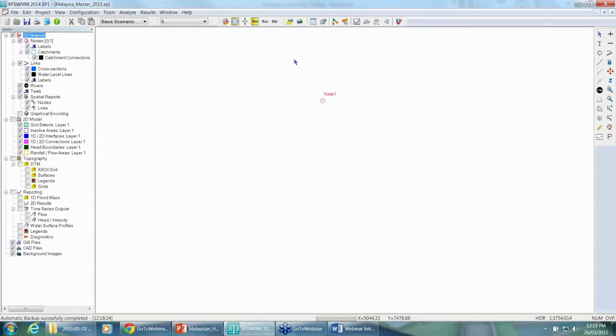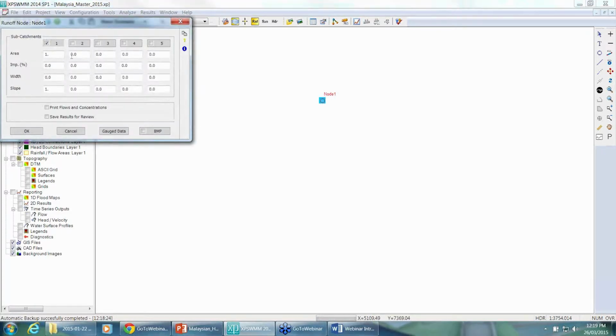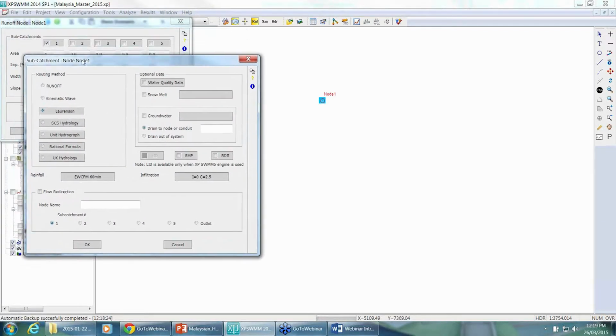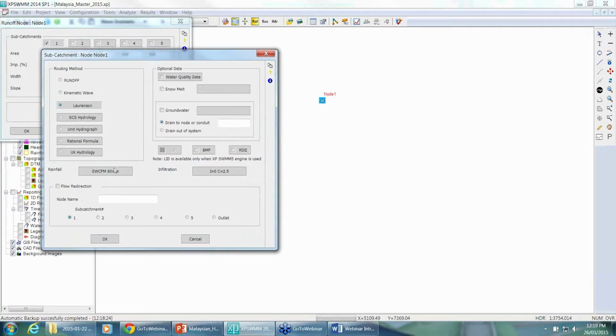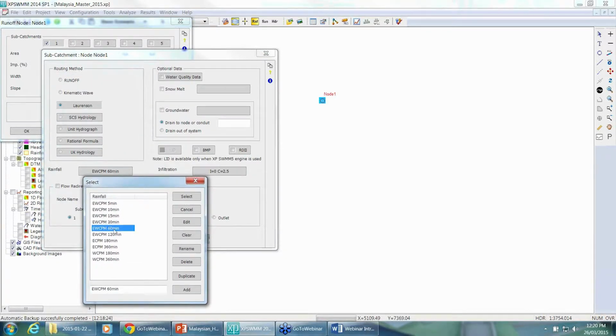I'm going to go into the software, and I'll show you inside our software how the software deals with that Malaysian information. So on this node 1, I'm just using this as a representative catchment, and I have just applied a simple 1 hectare area to the catchment, but inside the interface I have some rainfall information and a variety of different locations. We can create locations at anywhere across Malaysia, but if I just create a new one, I'll call this